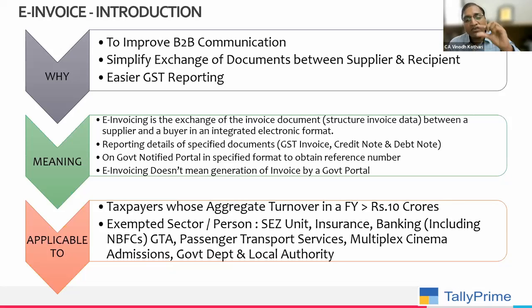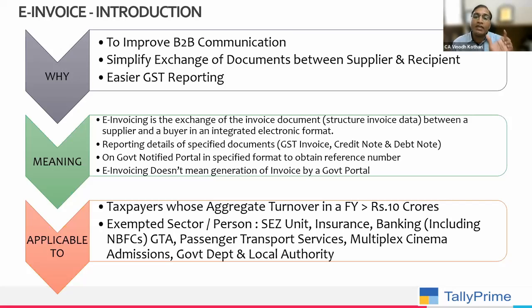Now, first, in a financial year means, when did GST come into picture? It is in financial year 17-18, and it started from 1st July 2017. So financial year 17-18, 18-19, 19-20, 20-21, 21-22, in any one preceding financial year, if the aggregate turnover exceeds 20 crore as on date, 10 crore from 1st October, then you become liable for the applicability of e-invoice. Now, what is this aggregate turnover?